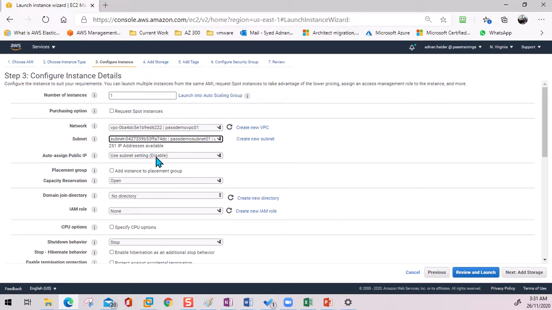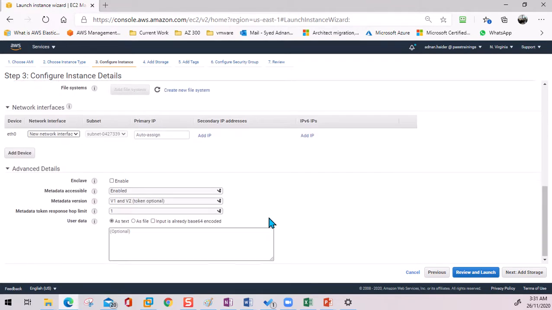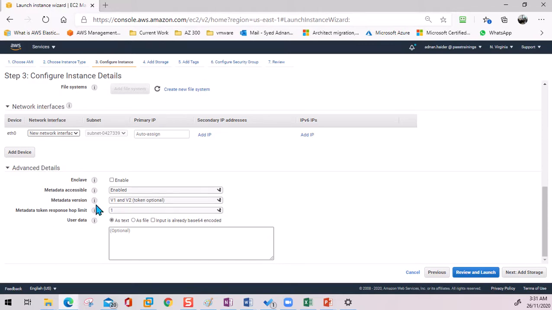Here I'm gonna use subnet setting enable public IP address assignment, so it will have a public IP address, but since we haven't configured the internet gateway, it won't work. For that we need to do a few settings. So I'm gonna add the script here again, making sure that all are small letters, otherwise it won't run. And here we do need two greater-than signs in order to save this file, and other than that